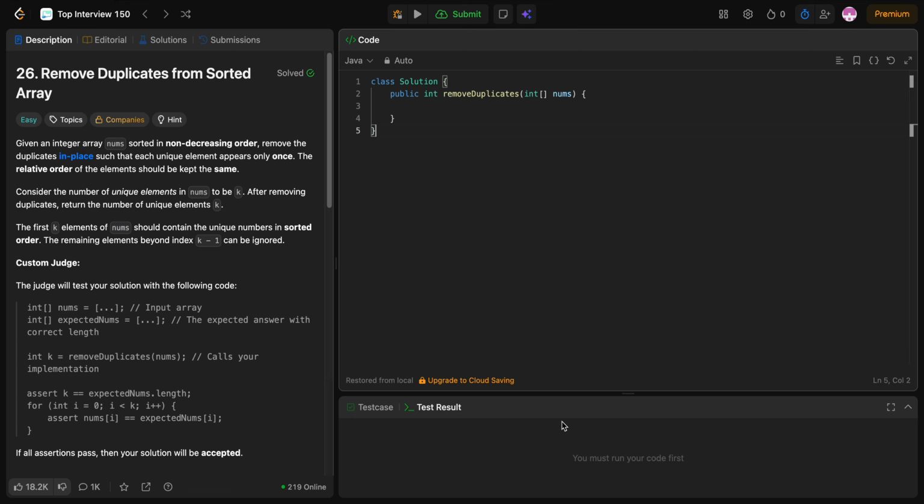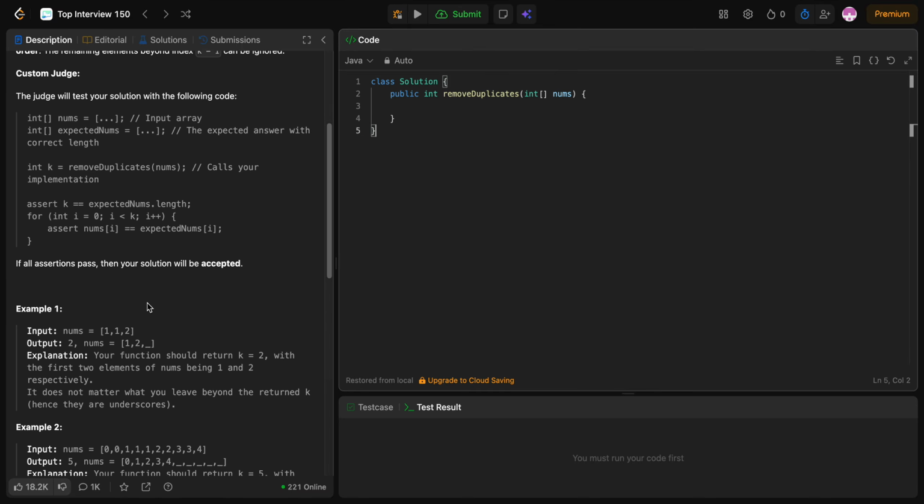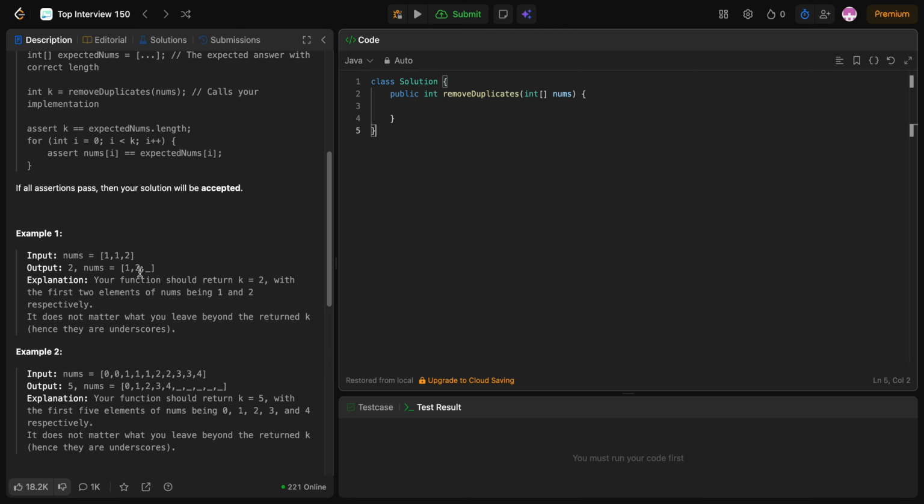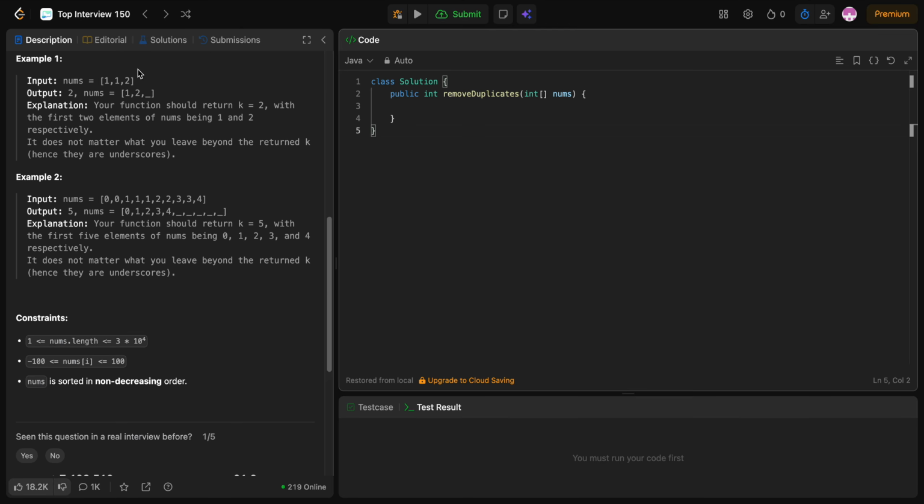Consider the number of unique elements in nums to be k. After removing duplicates, return the number of unique elements k. The first k elements of nums should contain the unique numbers in sorted order. The remaining elements beyond index k minus 1 can be ignored. So basically, we just